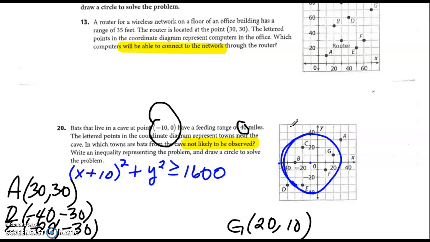Okay. So, if it fits this, it's part of our answer because it's not going to be affected by the feeding that's going on in here. So, do we get A to work? Go ahead and work those out and let me know which